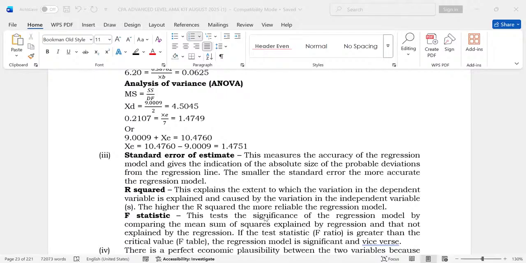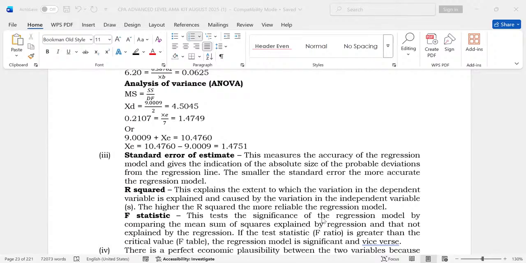This tests the significance of the regression model by comparing the mean sum of squares,